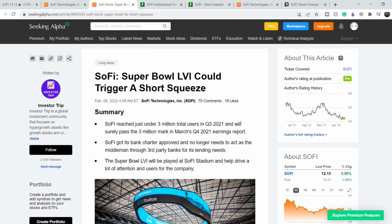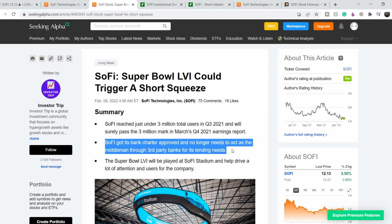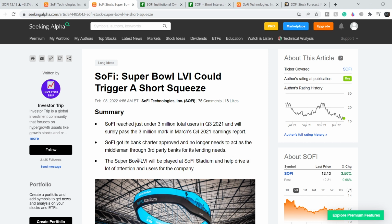First of all, let me show you this article. It was published on February the 8th and it's titled SOFI Super Bowl LVI could trigger a short squeeze. And let me quote you these bullets. SOFI reached just under 3 million total users in Q3 2021 and will surely pass the 3 million mark in March Q4 2021 earnings report. SOFI got its bank charter approved and no longer needs to act as the middleman through third-party banks for its lending needs. The Super Bowl LVI will be played at SOFI Stadium and help drive a lot of attention and